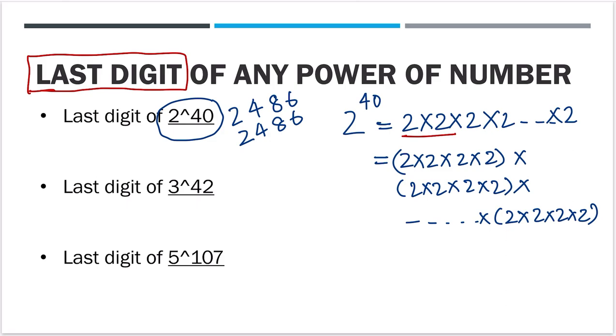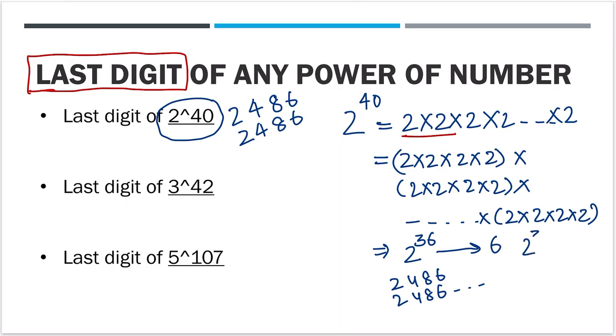So if they ask you 2 raised to power 40, we know, right? After every 4 grouping, this repeats. If I go till 2 raised to power 36, since 36 is divisible by 4, the pattern 2, 4, 8, 6 will repeat 9 times, and for 2 raised to power 36 you will get a 6, right? Because for every multiple of 4 you will get 6.